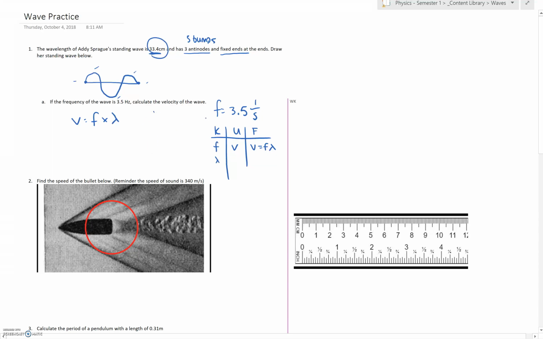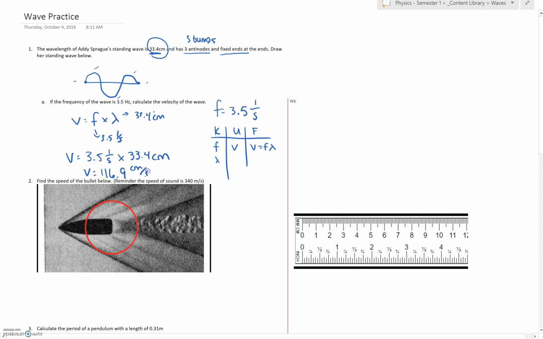We were told the wavelength is 33.4 centimeters and the frequency is 3.5, 1 divided by seconds. So the speed of my wave is just 3.5 hertz multiplied by 33.4 centimeters. Before we do our sig figs, the answer to that is